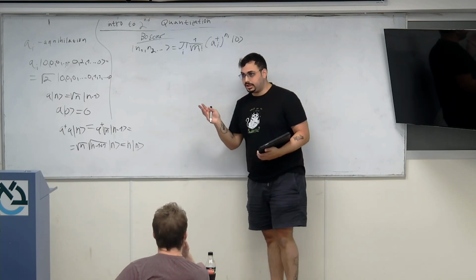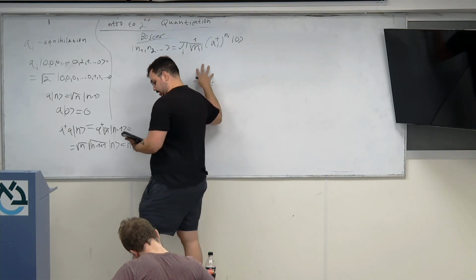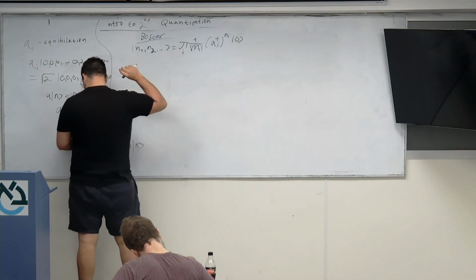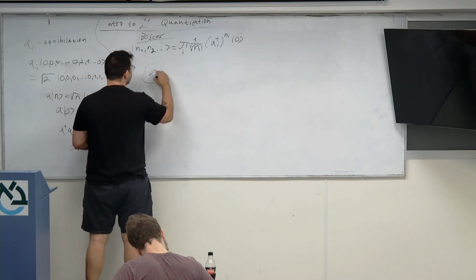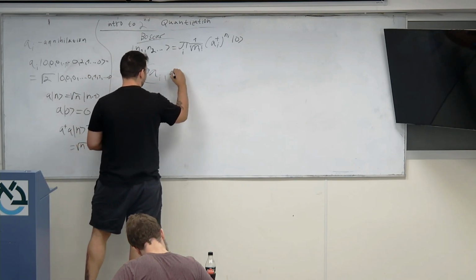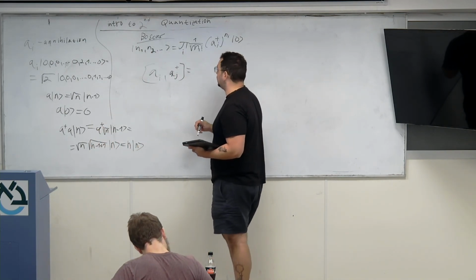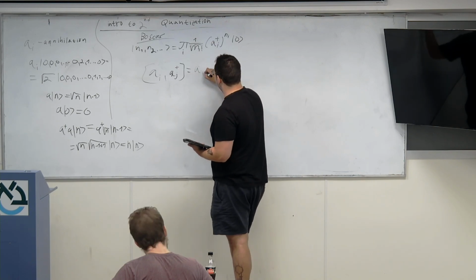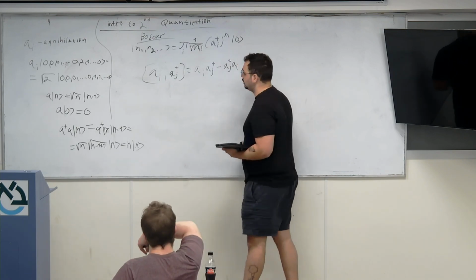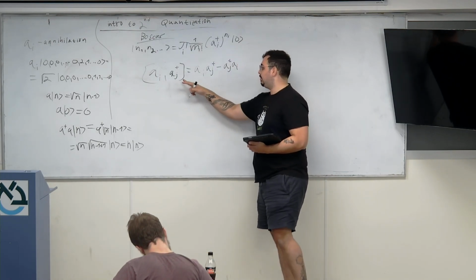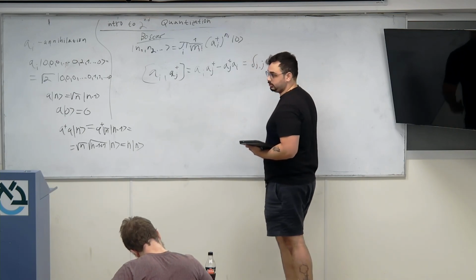Another interesting fact about bosons is they have a special relation with the creation and annihilation operators via the commutation relation. I forgot the word for a second. The commutator of a_i and a_j dagger, for anyone who doesn't know this notation, just means a_i a_j dagger minus a_j dagger a_i. With commutation, A times B minus B times A, it will be equal to delta ij.